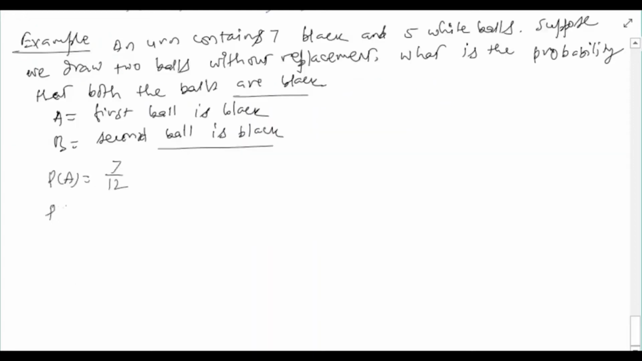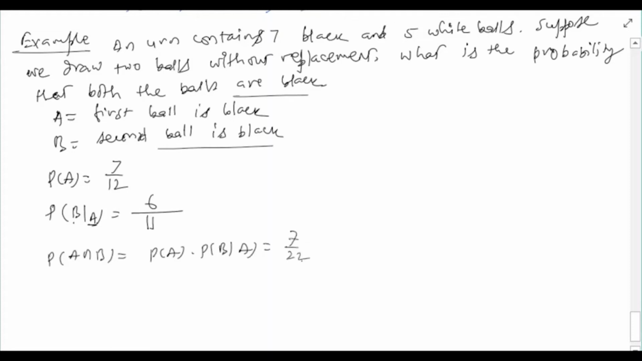Similarly, the probability of B given A can be computed as follows. Given that the first ball was a black ball, now there are only 6 black balls, so there are a total of 6 plus 5, 11 balls, out of which 6 are black. So given that the first ball was black, the probability that the second one will also be black is 6 by 11. Now I can use the chain rule to compute the probability of A intersection B, which is simply the product of P(A) and P(B given A), and it turns out to be equal to